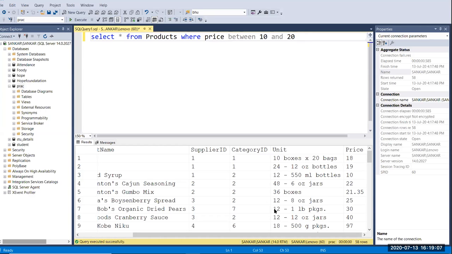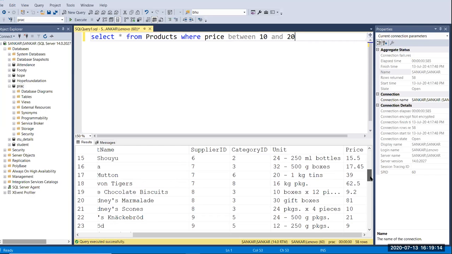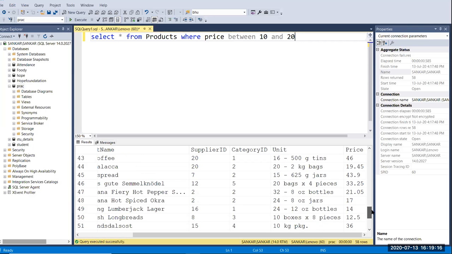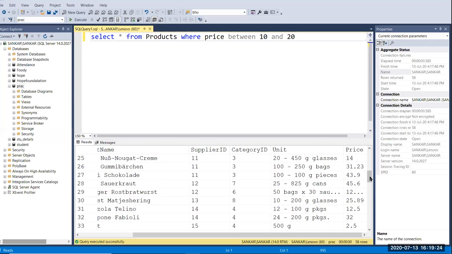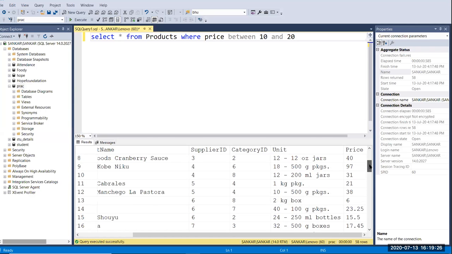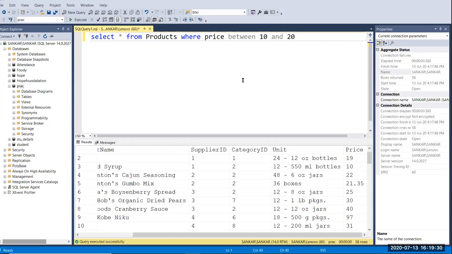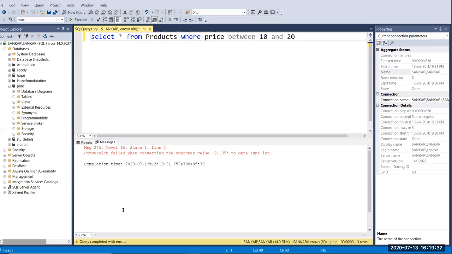So now I'm going to run this. Now you can see here we have a lot of price values, right? From 34, 15, 26, 25, and here we have a 6 also. So I'm going to run this. What happened?